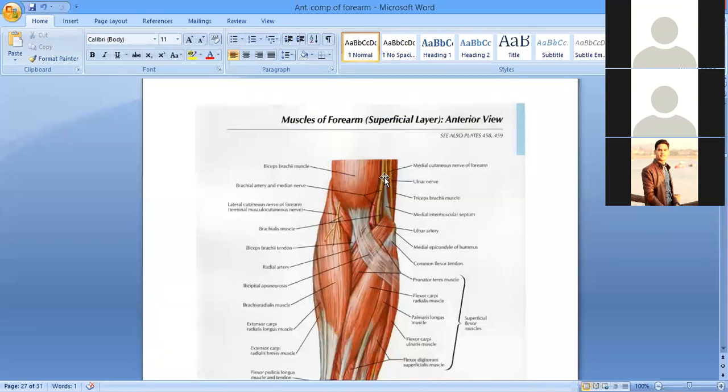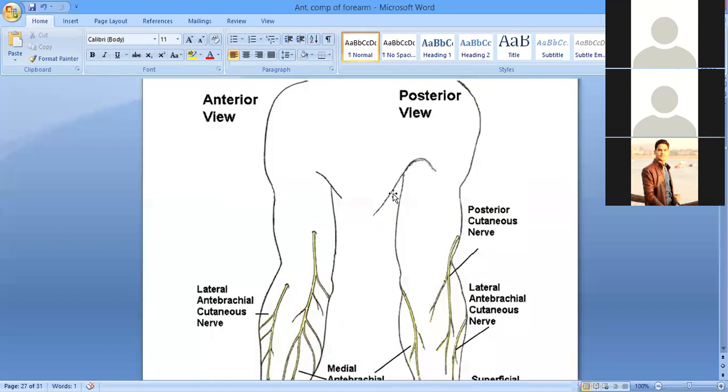When near the elbow or the mid of the arm, it is going to pierce the deep fascia. Where it comes out, a vessel, a vein, is going inside. That is the basilic vein. The basilic vein enters into the deep fascia in the deeper part, because it is a superficial vein that becomes deep, whereas this medial cutaneous nerve of the forearm pierces the deep fascia and becomes cutaneous, coming into the superficial fascia, and after becoming superficial